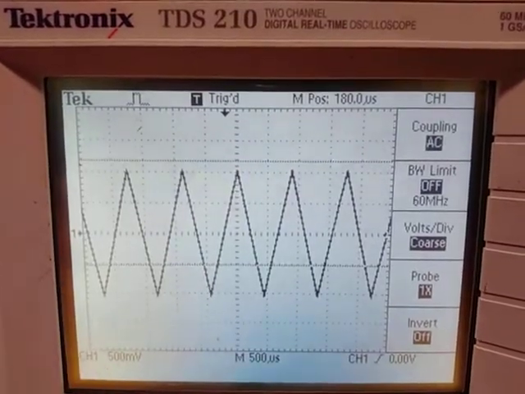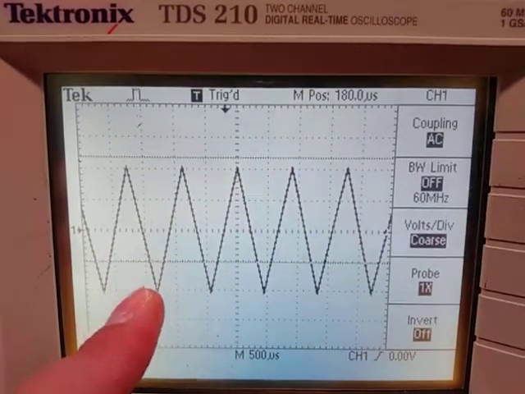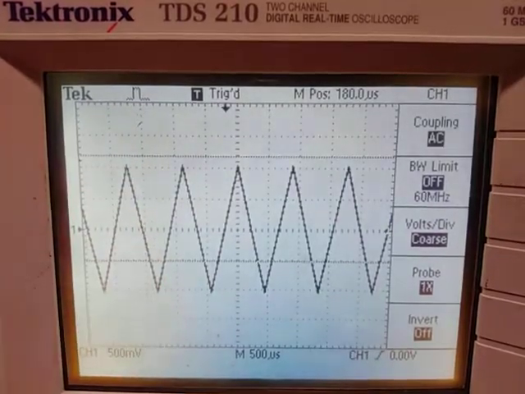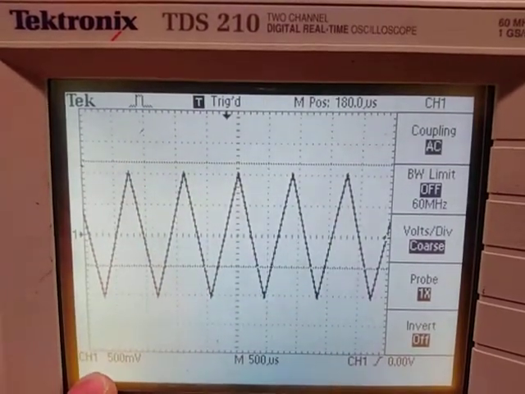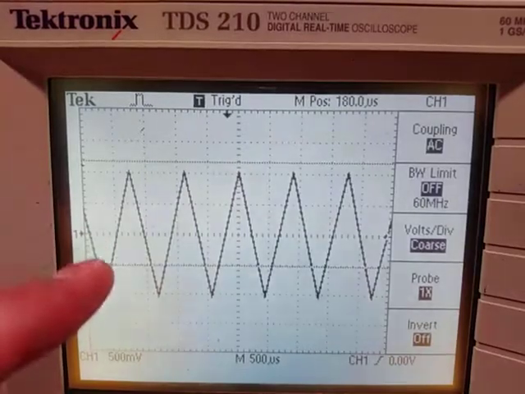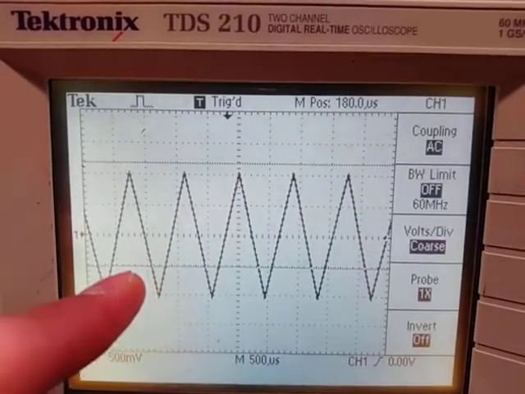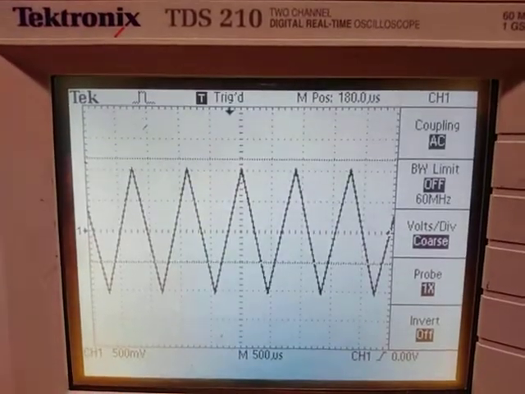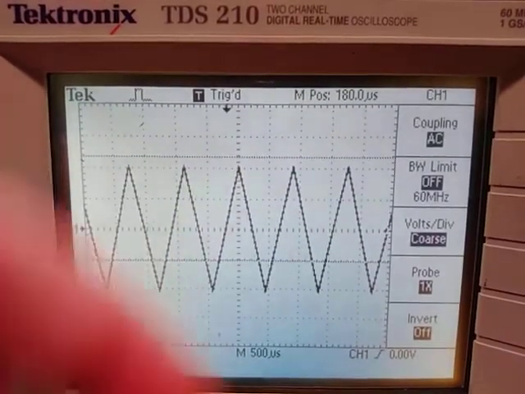So now if I look at this signal, I can see that from the peak to the peak we have 4 squares vertically, right? And each one is 500 millivolts. So now I know that the peak to peak voltage of the signal is 2 volts. And for the period, we can see that